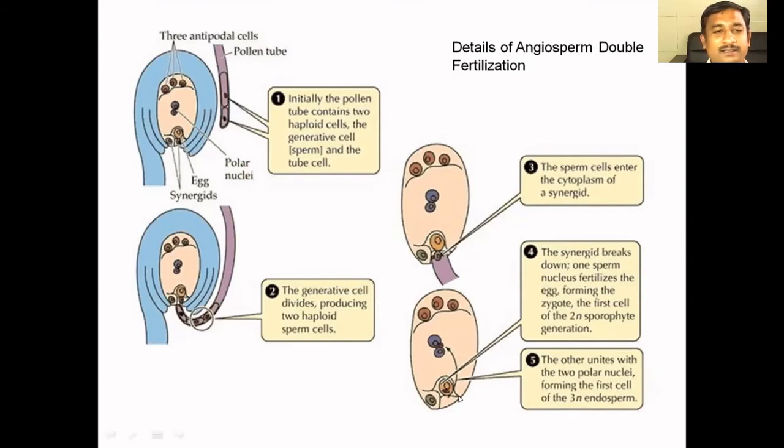Sir, does this recognition also occur on the stigma, or only physically here? Inside, when the pollen tube enters and goes near the embryo sac, there are the protective synergids. So sir, any foreign pollen grain landing on the stigma that forms a pollen tube and goes through all this process gets rejected? Yes, if it is not of the same species.